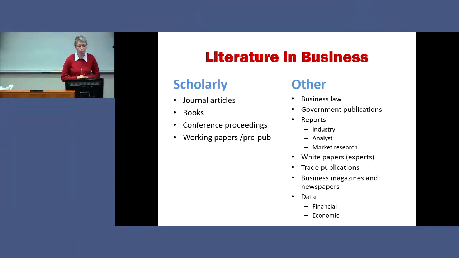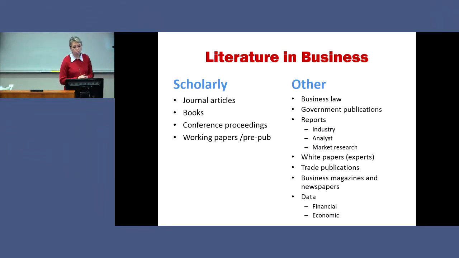the literature in business. First of all, I'd like to point out scholarly literature. So it's journal articles and books. Also, don't forget about conference proceedings and working papers, which are very important in some business disciplines. Working papers are pre-publication papers that scholars usually put on some kind of sharing websites so that they can get their ideas out, but they're not officially peer-reviewed or published in a journal. So there may be some modification of them, and they may be published later.